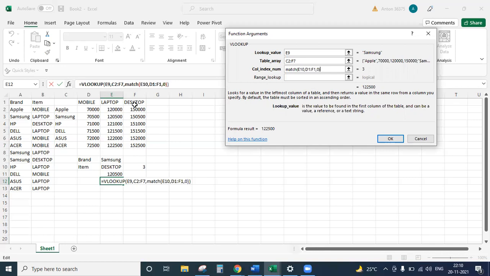So put plus 1 there, right after that. And I hit enter. And range lookup. Click on range lookup.